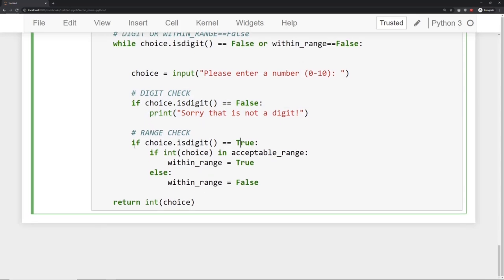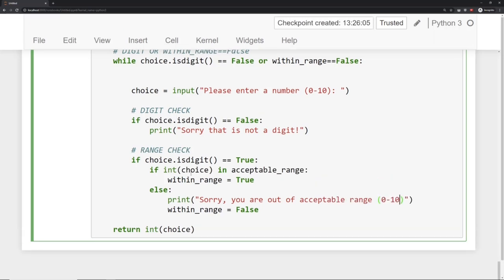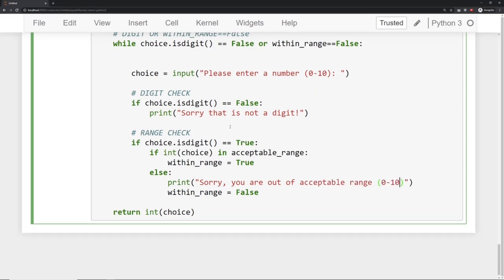And then we check if that does happen to be a digit, then we'll say if the integer choice is in acceptable range, within range is equal to true, else, let's go ahead and say else within range is equal to false, but let's also warn the user, hey, sorry, you are out of acceptable range, 0 to 10. And now we should be able to inform the user whether or not they're with a digit or if they're